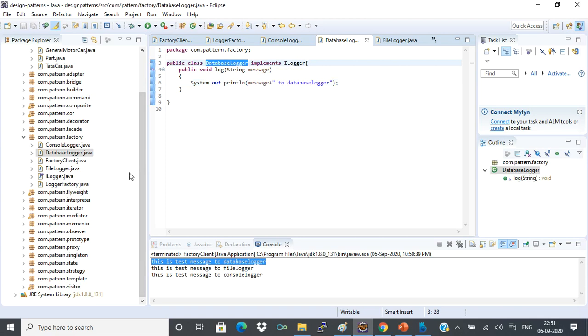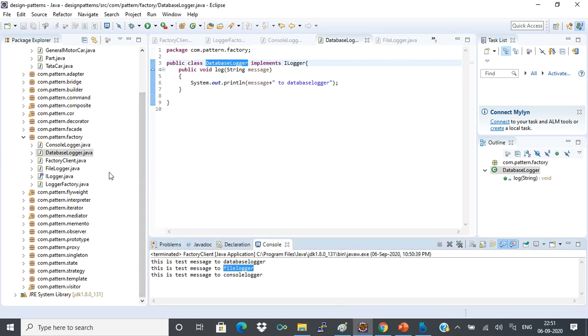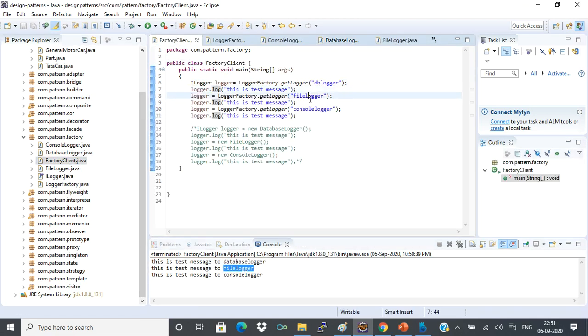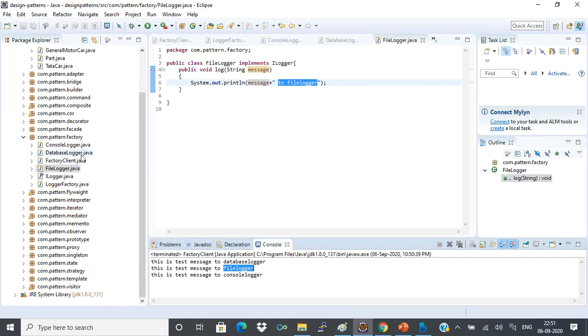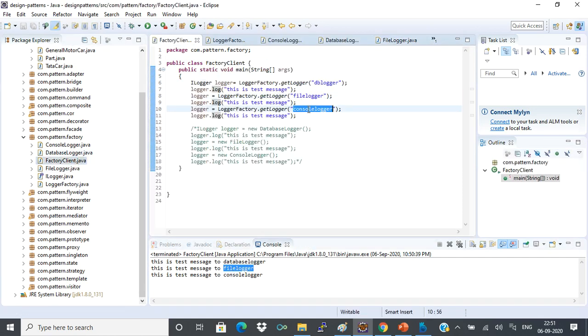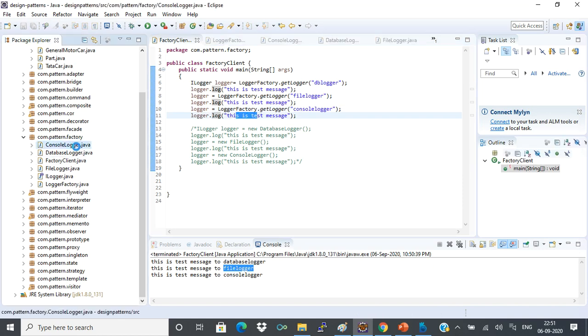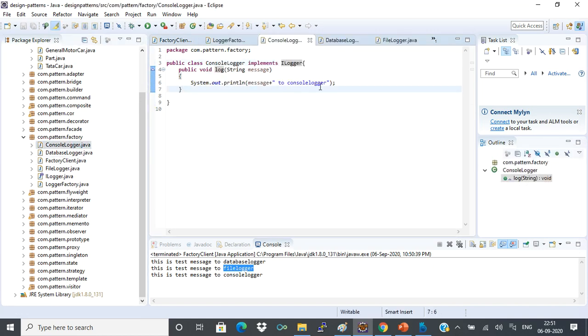Similarly, this is a test message to file logger. I'm passing the file logger value, and it is printing the message from file logger. Next I'm passing console logger. This is a test message, and it is giving the message to console logger.